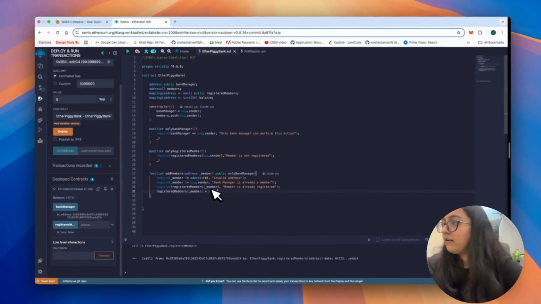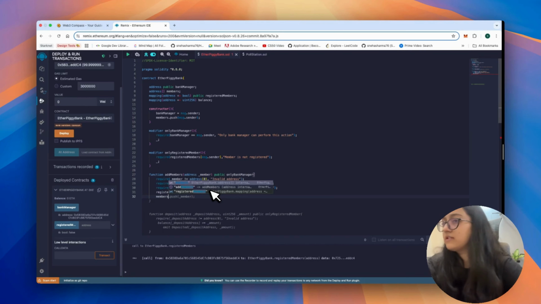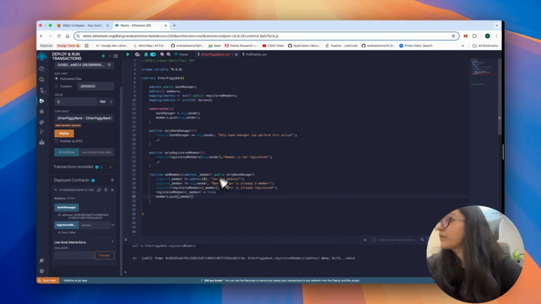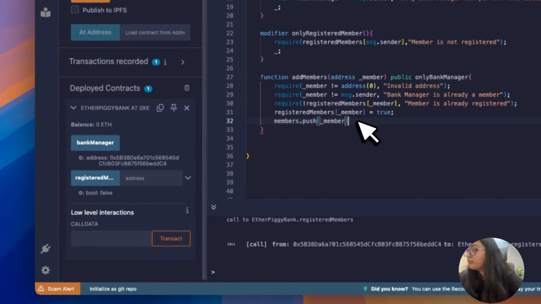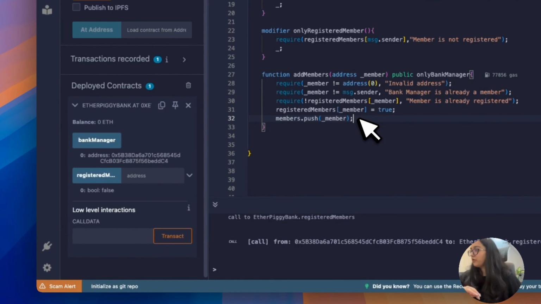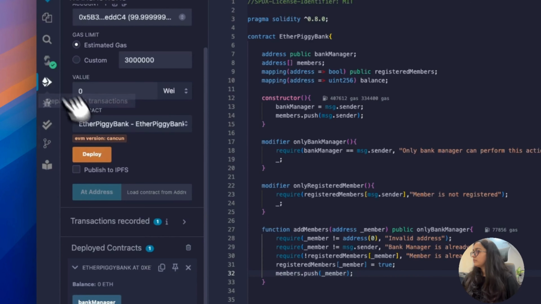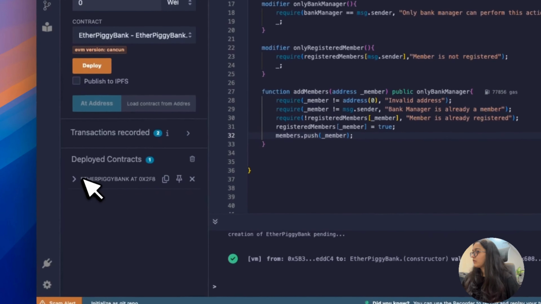And then it would say members dot push member. Members is this particular list, and then we'll push the member in that. Okay. So this add